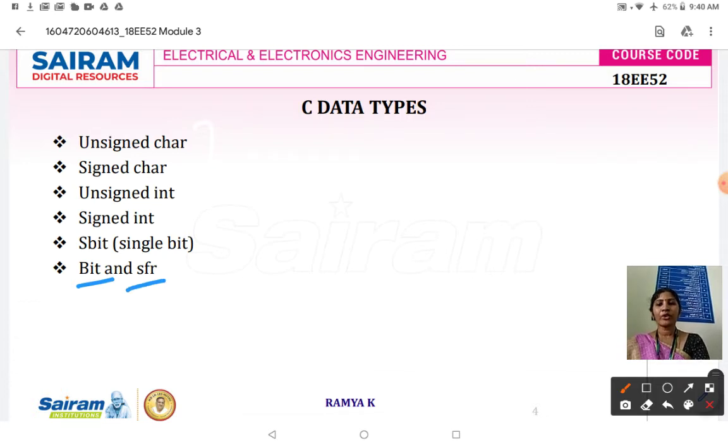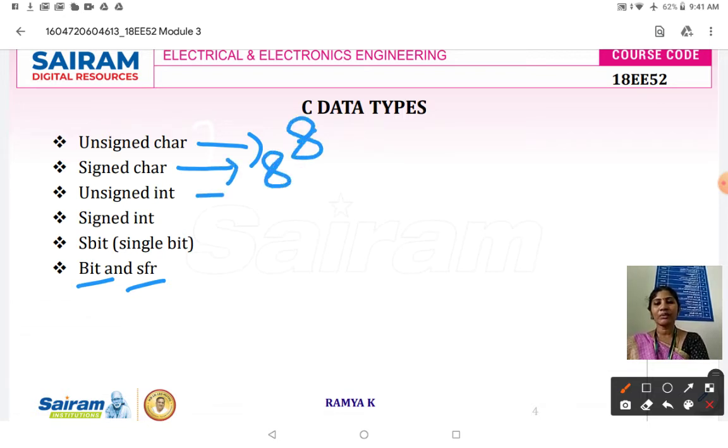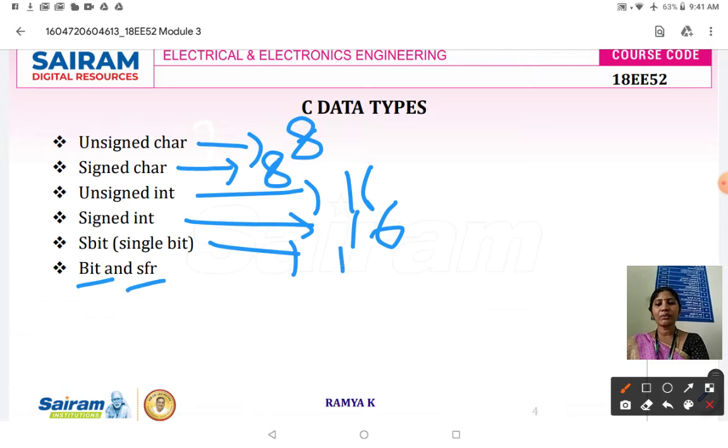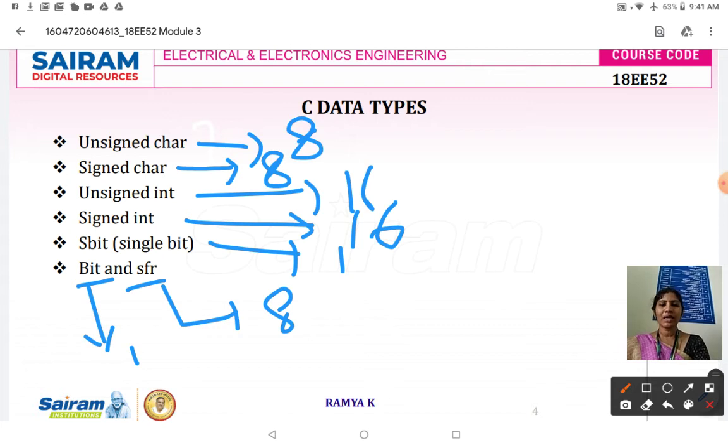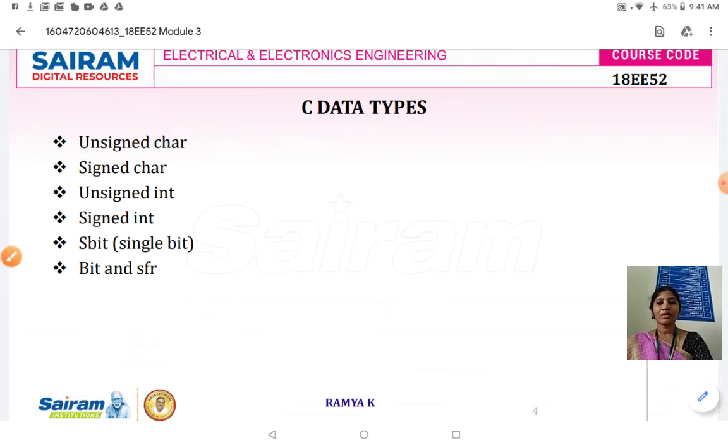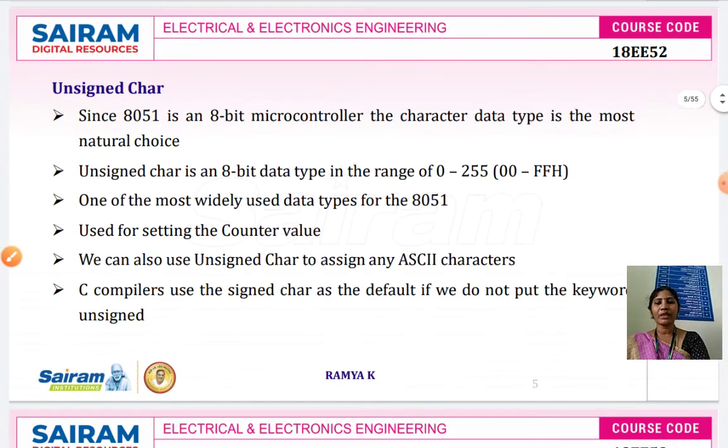The size of unsigned char is 8-bit and the size of signed char is 8-bit. Unsigned int is 16-bit and signed int is also 16-bit. Sbit is 1-bit, bit is also 1-bit and SFR is 8-bit, and the data ranges have been discussed already. Now in this class we will discuss each data type in depth.